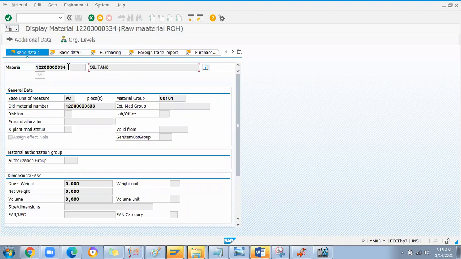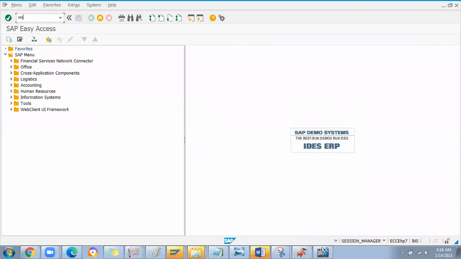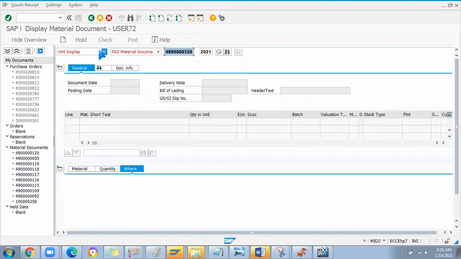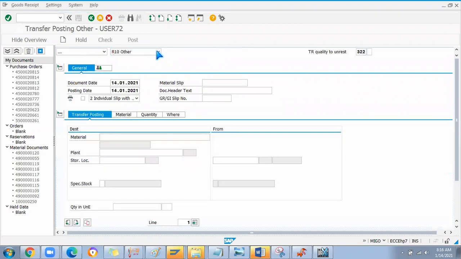Now this is the material. I will show you the stock overview here only. The stock of 2 is here in our quality inspection. Now sample inspection is done. I will go to MIGO and do the transfer posting to unrestricted use. Go with transfer posting and then choose the other option.